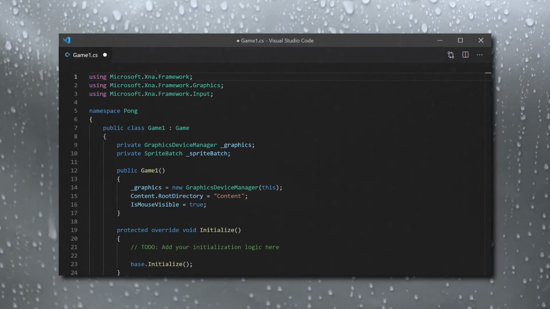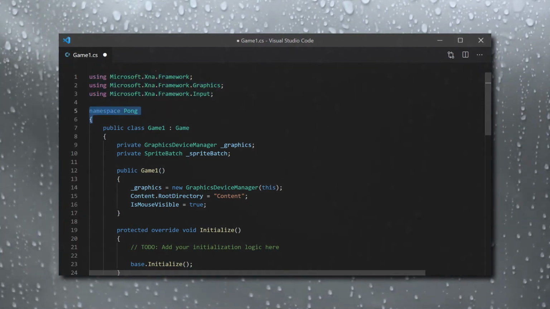Let's go over all the components the auto-generated file has. At the top of this file we have the using statements. These tell the compiler what namespaces your code file will be using. All libraries will have their own namespaces. MonoGame's library is the Microsoft.Xna.Framework namespace, which is a holdover from its roots being an open source version of Microsoft XNA.